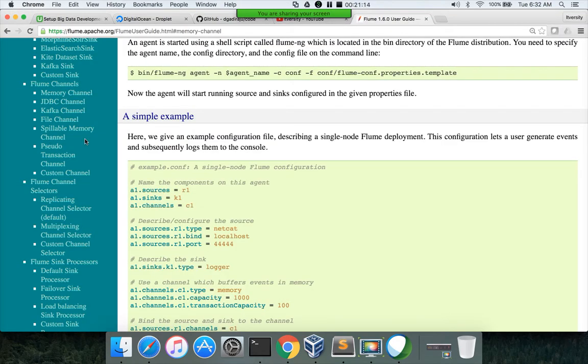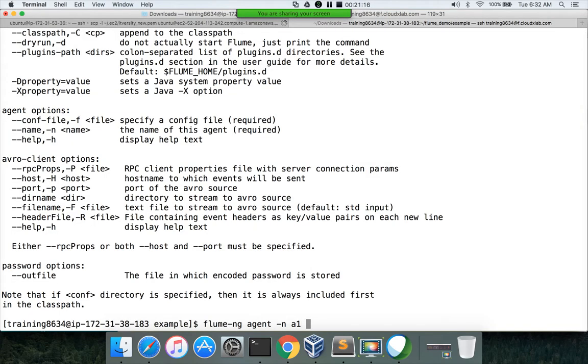Okay, and then you can define the configuration either by saying -c or --conf. Here you can give either an absolute path or a relative path. Whatever you want to give, you can give. It's always better to use absolute paths rather than relative paths. Absolute paths are also called fully qualified paths.